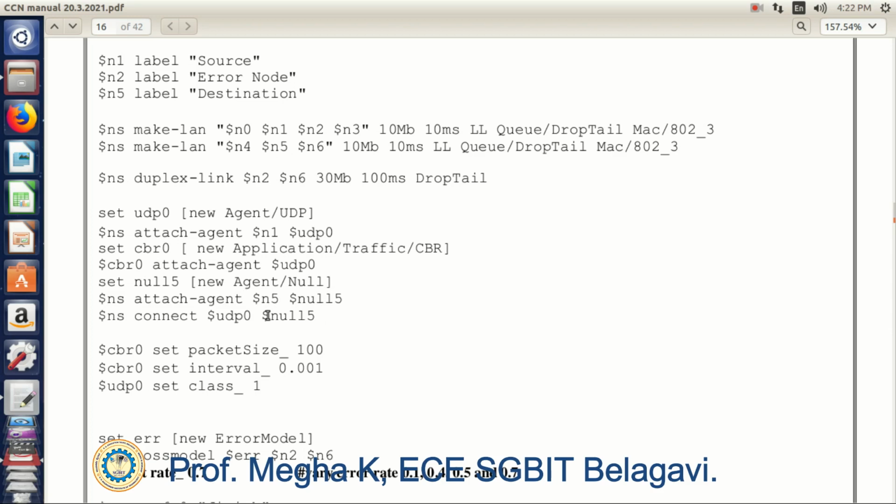In TCP, which is a reliable protocol, after transmission of the packets the sender receives an acknowledgement on successful transmission. But in UDP the acknowledgement is not received, and it is an unreliable protocol, so most of the packets are discarded. In the CBR I'll set the packet size as 100 and the interval as 0.001.